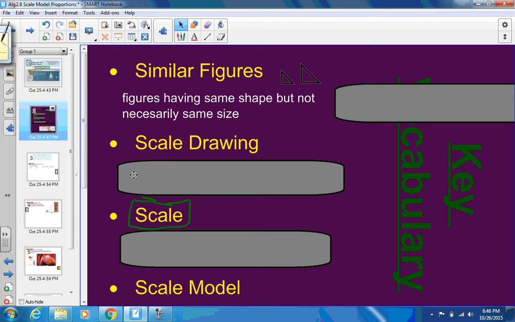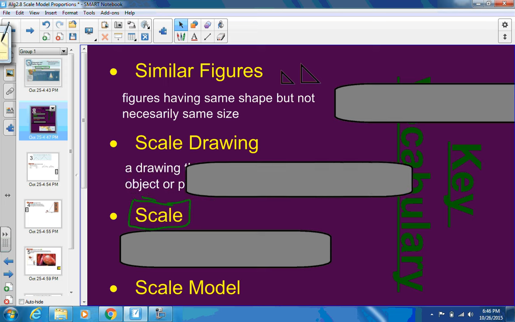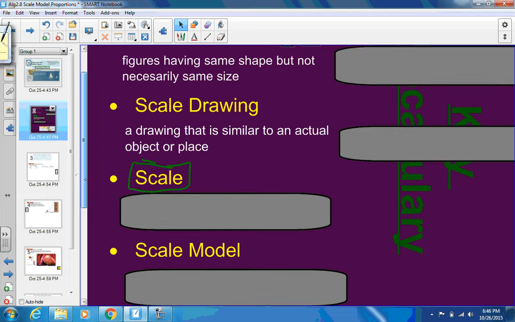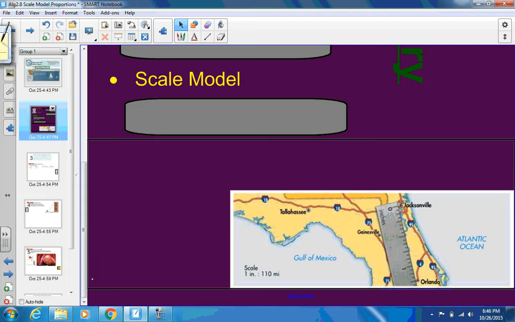Next one is a scale drawing. I'm sure you've done something with this in art, but a scale drawing is a drawing that is similar, like we said, to an actual object or place. Usually it's smaller. So when we think of a scale drawing, we think of a map. I have a map down here. It looks like the actual Florida, but it's much smaller. It's on a smaller